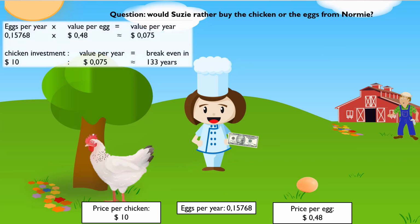Susie starts calculating again to make a wise decision about whether to buy a chicken or to just buy the eggs from Normie. She finds out that the yearly value produced by a $10 chicken is now only about 7 cents. She doesn't need the chicken, but she does need the eggs. As long as the chicken produces such few and cheap eggs, she'd rather just buy the eggs she needs and be done with it. So she tells Normie,